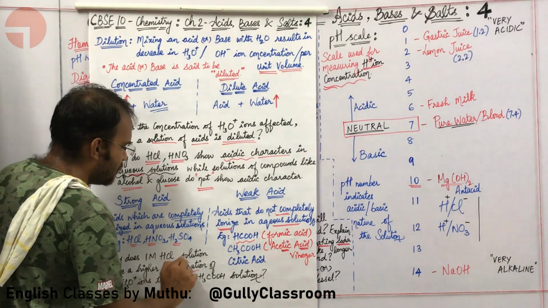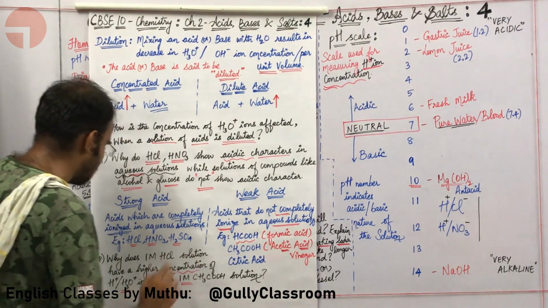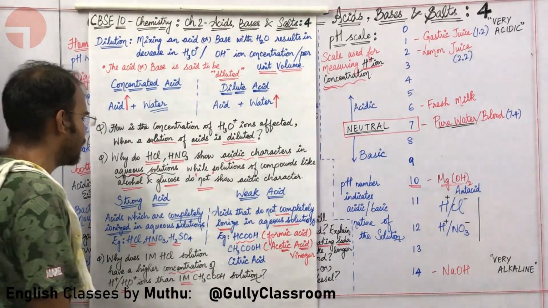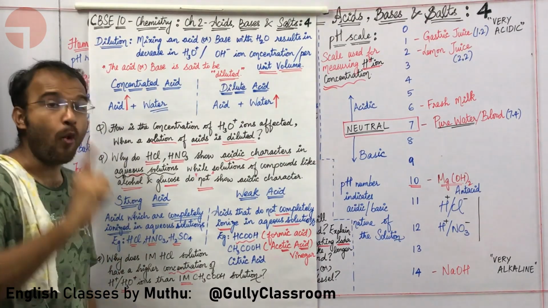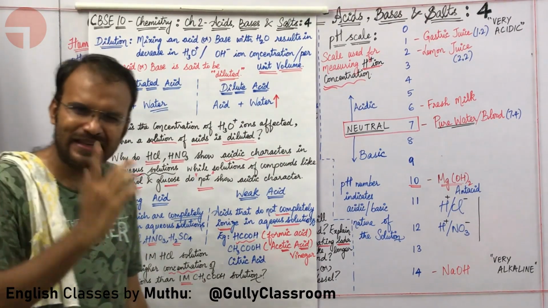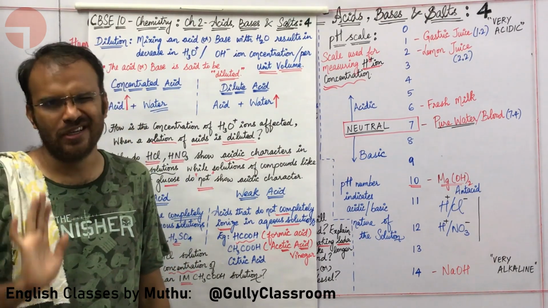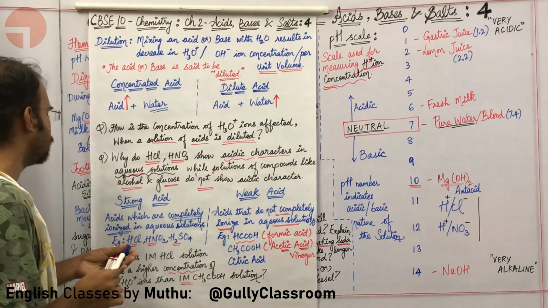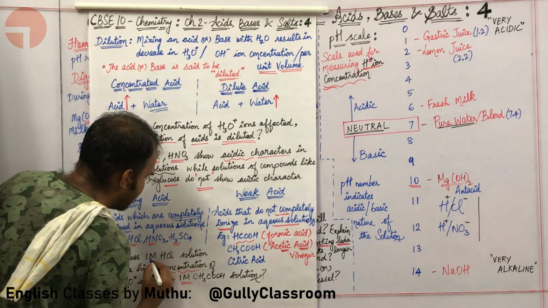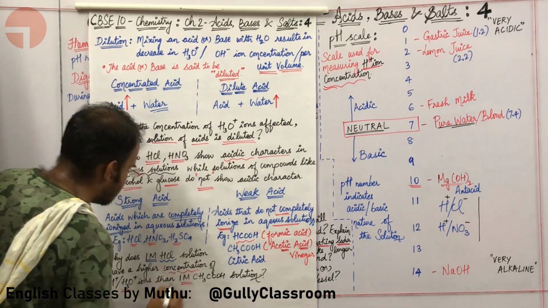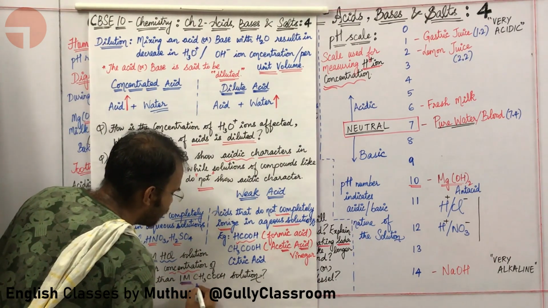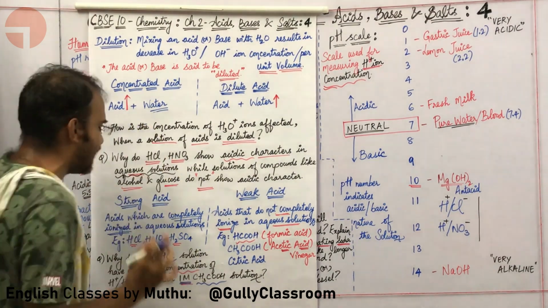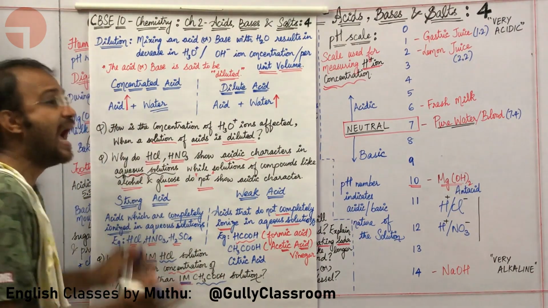Why does 1M HCl solution have a higher concentration of hydronium ions than 1M acetic acid solution? Here the term 1M means 1 molar. It is simply a concentration term. Right now you need not learn this. The only thing that you need to understand here is they are comparing the same amount of HCl solution with the same amount of acetic acid solution. They are taking 1 molar HCl solution and 1 molar acetic acid solution,